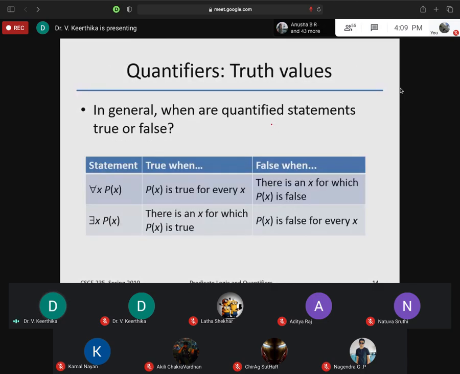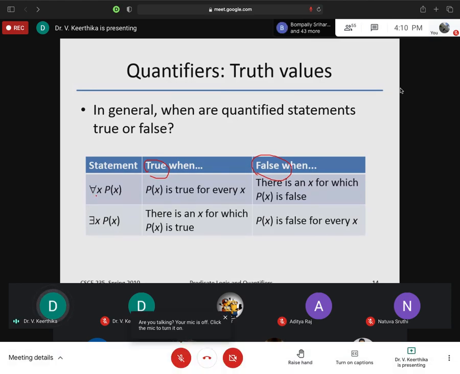Now this will be the truth table. Always when predicate calculus is given, there will be a truth table showing when this statement can be true and when it can be false. Now how can you read this? Can anyone read it out? Or can anyone type? For every value of x, P of x is true. So P of x is true for every x. The way you are reading, the same way you have to write the true statement.